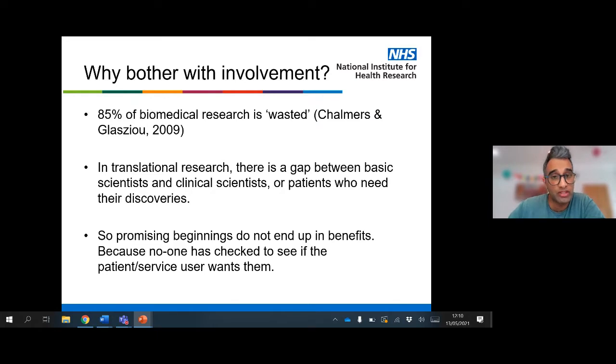What NIHR have set up these huge BRCs, and actually with all research,